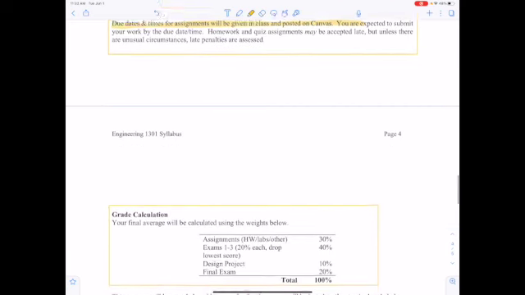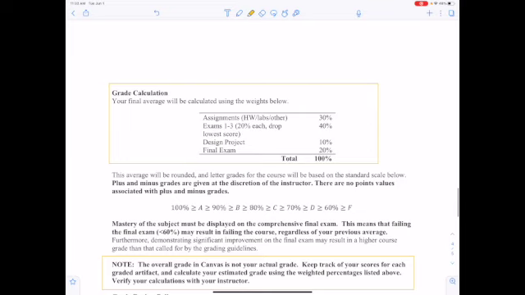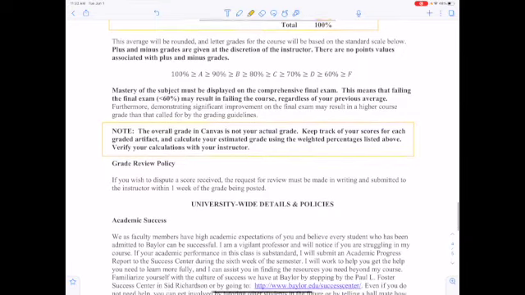Okay, another thing that's important about a syllabus is it gives you the weighting on the grade calculations. Okay, so we're going to talk more about this. In fact, you're going to learn to use a program called Excel where you can do a spreadsheet for your grades so you can keep track of them. But in this class, we're going to have assignments be 30% of the class. This is your homework and labs and so forth. And you're going to take 2 exams. Those are 20% each. We're going to have a final design project at 10% and a final exam at 20%. Okay, so that's the grading calculation.